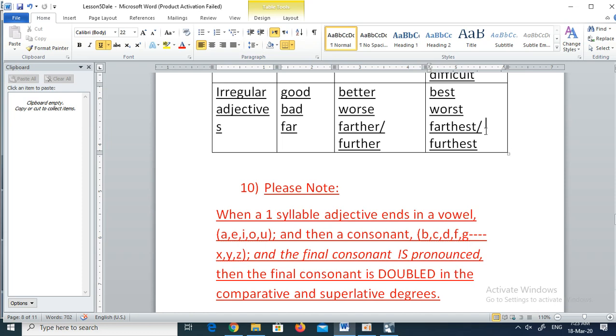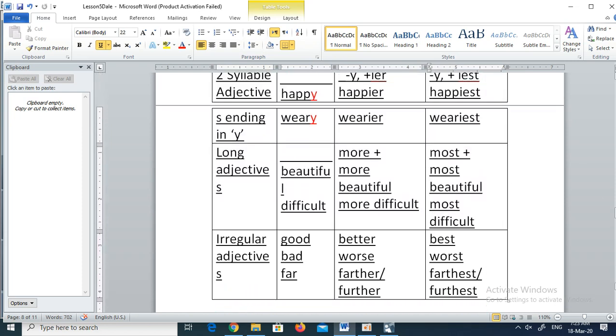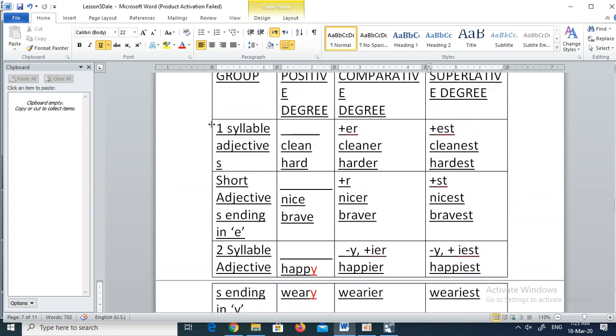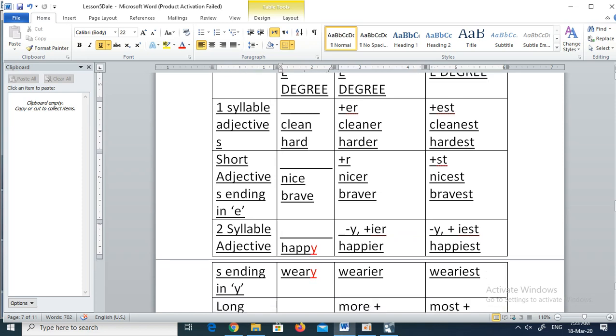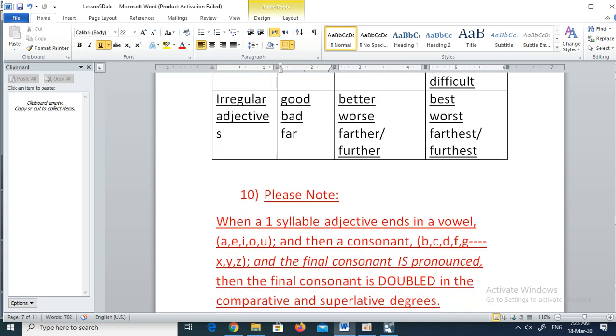It is not farer or furrer, it is not farer or furthest, it is far, farther, and farthest. Alright, now there are certain adjectives that fall into the first group here, one-syllable adjectives like clean or hard that go to cleaner or hardest, but there is a certain difference, and that